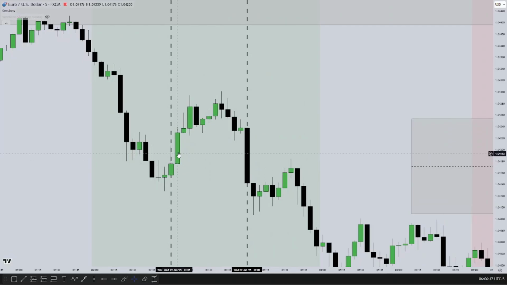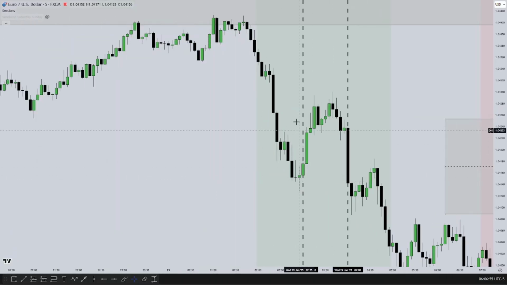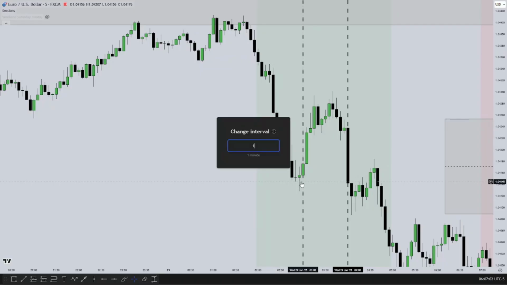Now, during this time, price made a retracement to this fair value gap, and this will be a fair value gap you'll be executing on because price opened. If there's a fair value gap before 3 a.m. and price is retracing to the fair value gap, you can execute on the fair value gap, or you wait for price to create a fair value gap, whatever way you choose. But this is the fair value gap you would have executed on, because if you were to look at the swing high to swing low from the 15-minute time frame,